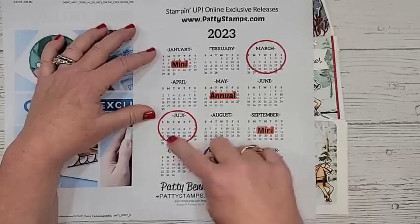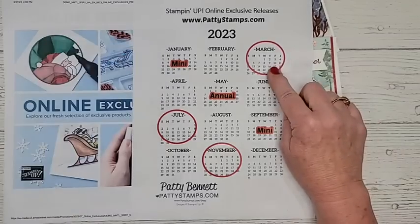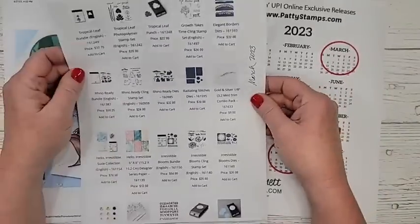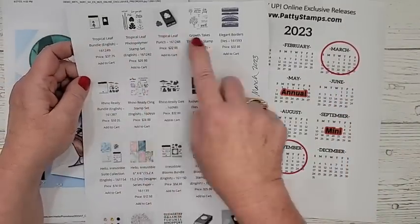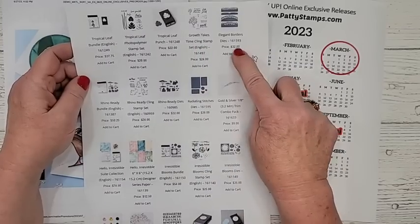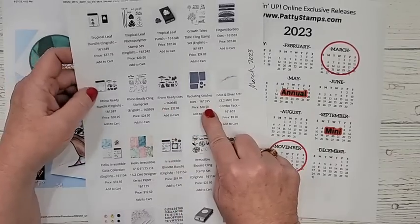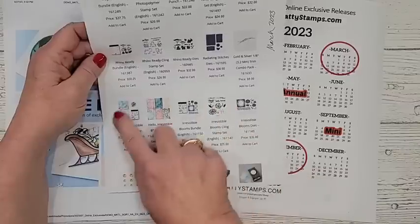I just used a huge O to designate online releases. So in March, I just screen grabbed this off my blog. We had the Tropical Leaf Bundle, Growth Takes Time, Elegant Borders, the Rhino Ready Bundle, Radiating Stitches Dies, Gold and Silver Trim, Hello Irresistible, which this is,